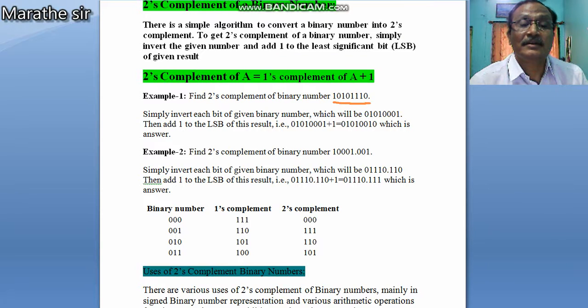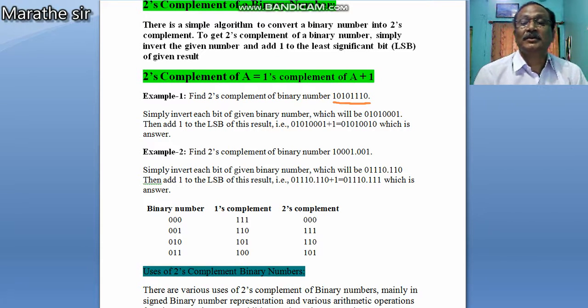Simply invert each bit of the given binary number, which will be 0101001, that is the 1's complement of that binary number. Then add 1 to the LSB of this result. So we get 0101001 plus 1 is equal to 0101010, which is the 2's complement of that given number.